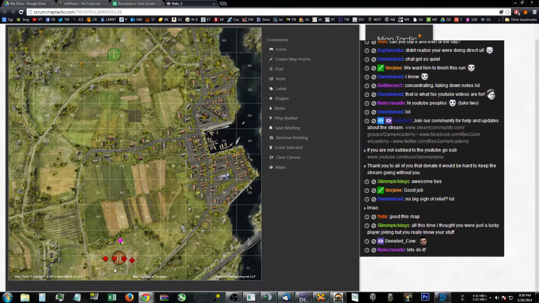Hey guys, this is going to be a map chat on Fisherman's Cove. Starting off south in a light tank. One of the best positions you can get into at the very early stages of this map,